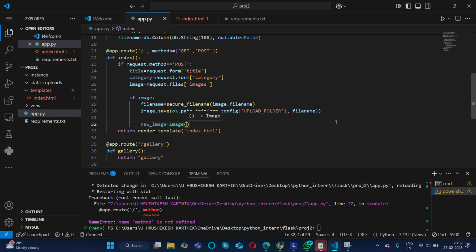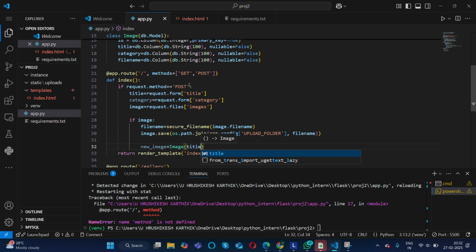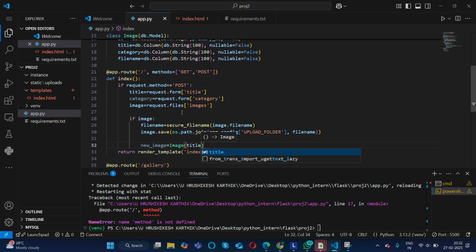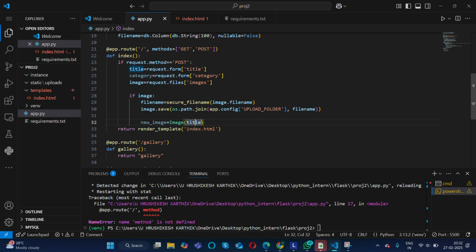What should it do? It should upload in the database, right? So I'm using this for this. See, image is nothing but our class name. Title equal title. So here you can see the color changes because we have used it.